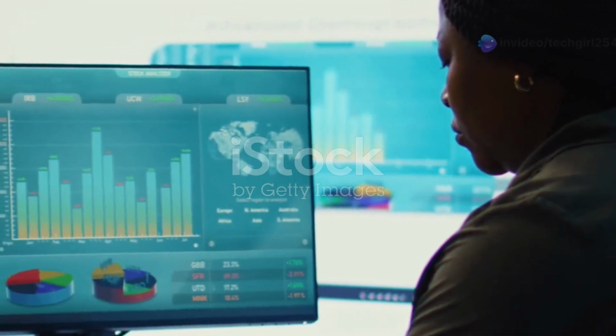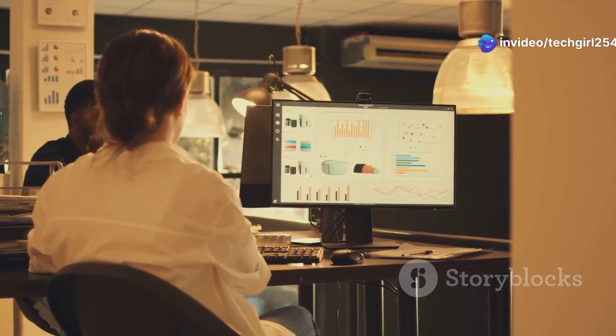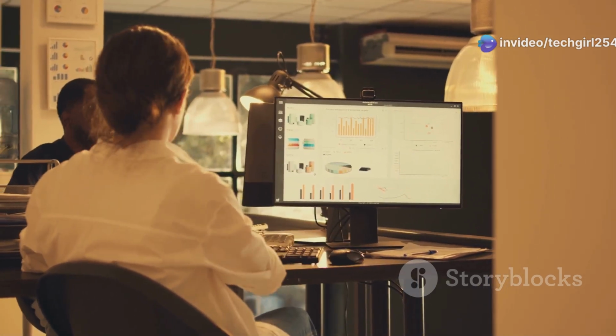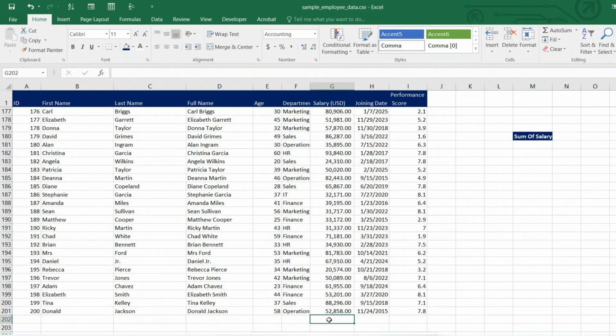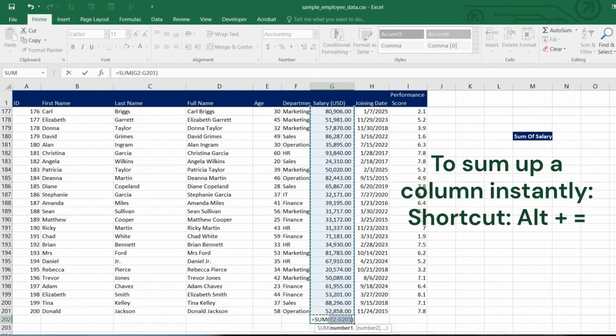Chapter 8. Sum Column. Summing up columns of numbers is a fundamental Excel task, and thankfully there's a super quick shortcut for it. Just select the cell where you want the sum to appear, hit Alt and the equals sign, and Excel will do the rest. It will automatically detect the range of numbers you want to sum, and all you have to do is hit